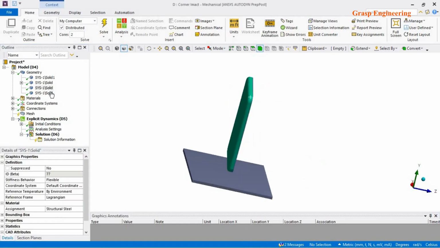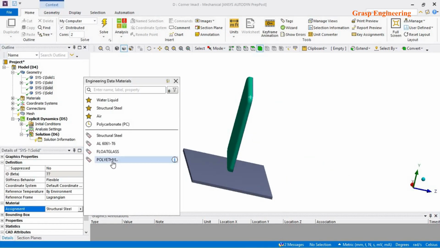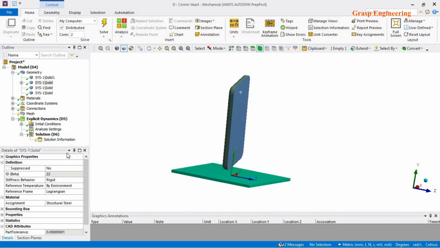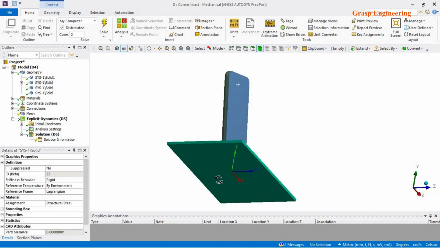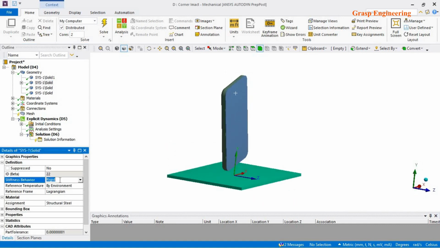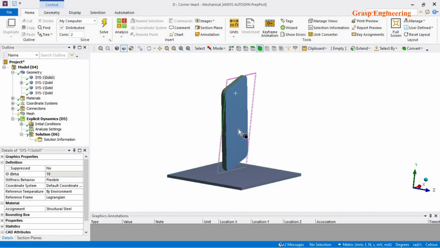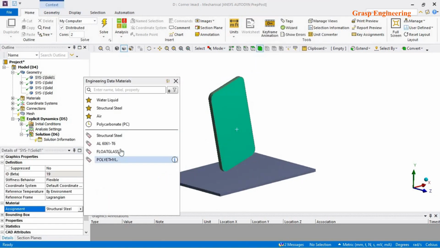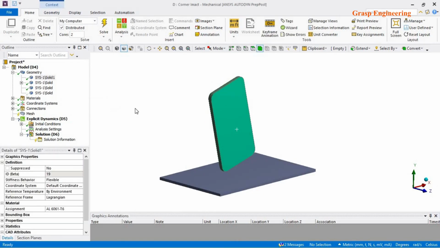The next is nothing but your body cover. For this, let's assume polyethylene. Then next will be your platform, that is structural steel. And here for the structural steel, once you use it, you can see over here the stiffness behavior we consider as rigid. So you need to change from flexible to rigid. Now let's see the other component, that is the inside one, that is a body. This body, let's consider as aluminum alloy. Okay, so these are all four components, and if you wanted to see,